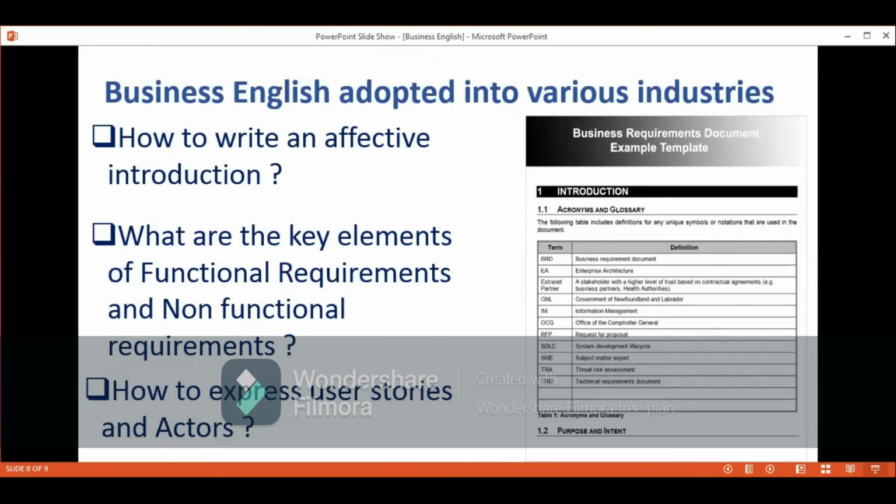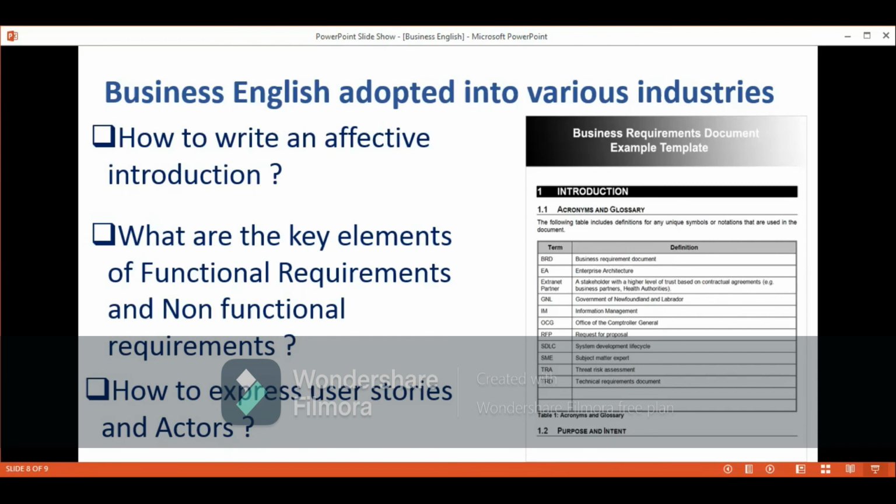Right. So as we said, we do adapt to various business industries. Okay. So if you have a business requirement document, right? If you're in ERPs or in the media or in e-learning or in manufacturing ERP systems, all of that, and you're an analyst and you need to write a business specification document or a business requirement document.